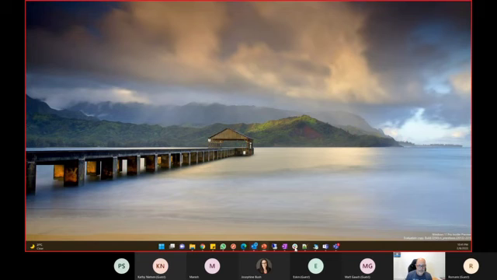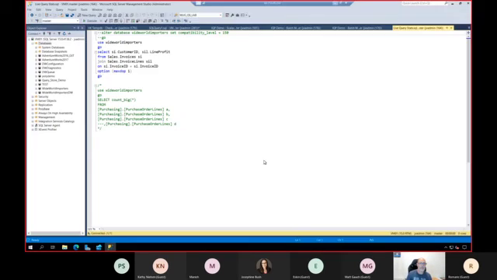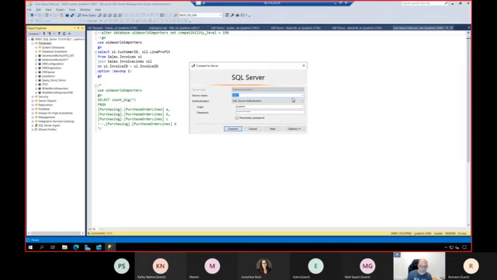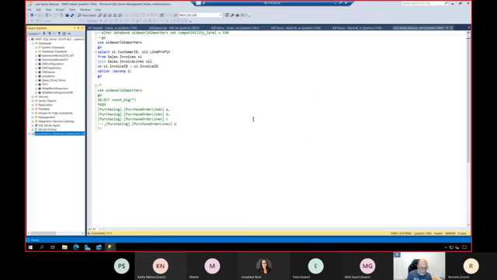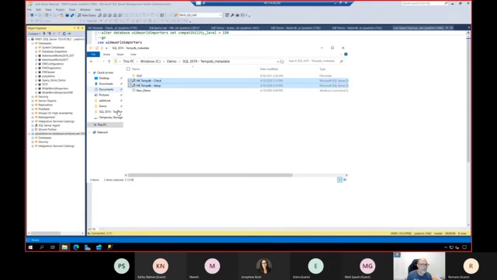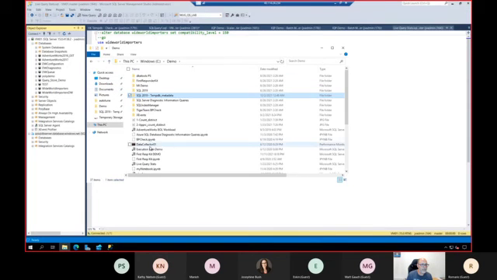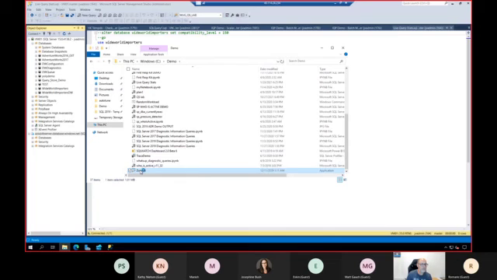So here I have my virtual machine running SQL Server 2019. I believe I also have an Azure SQL database here.